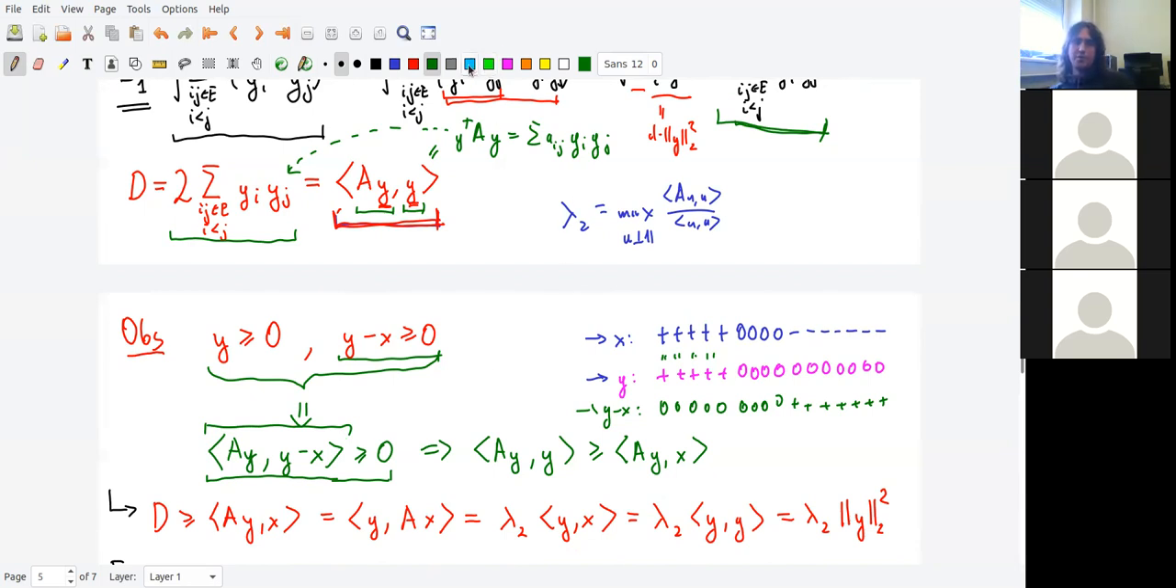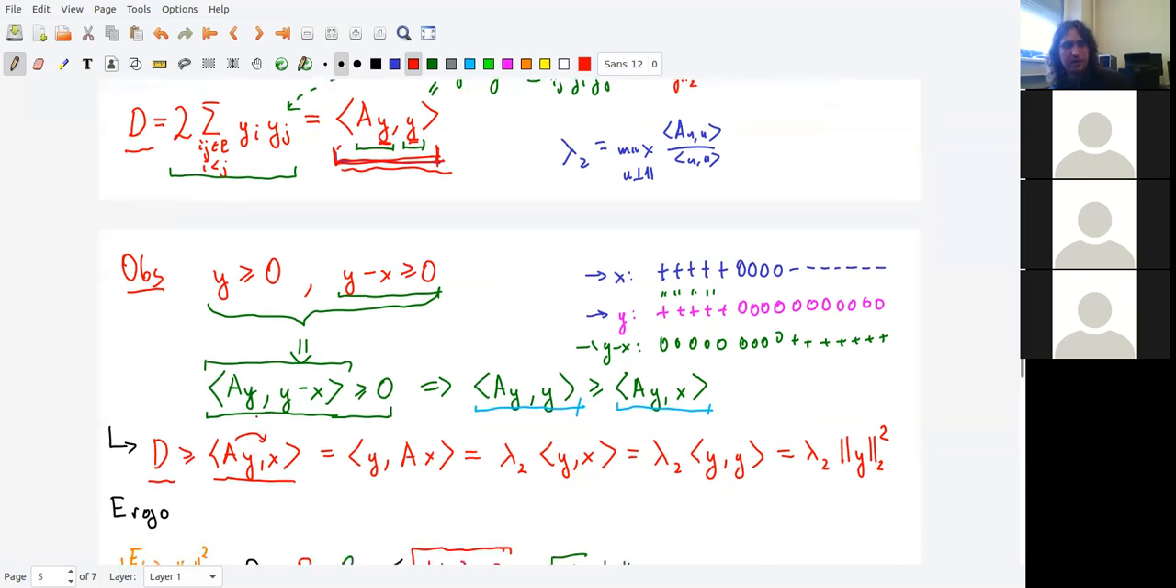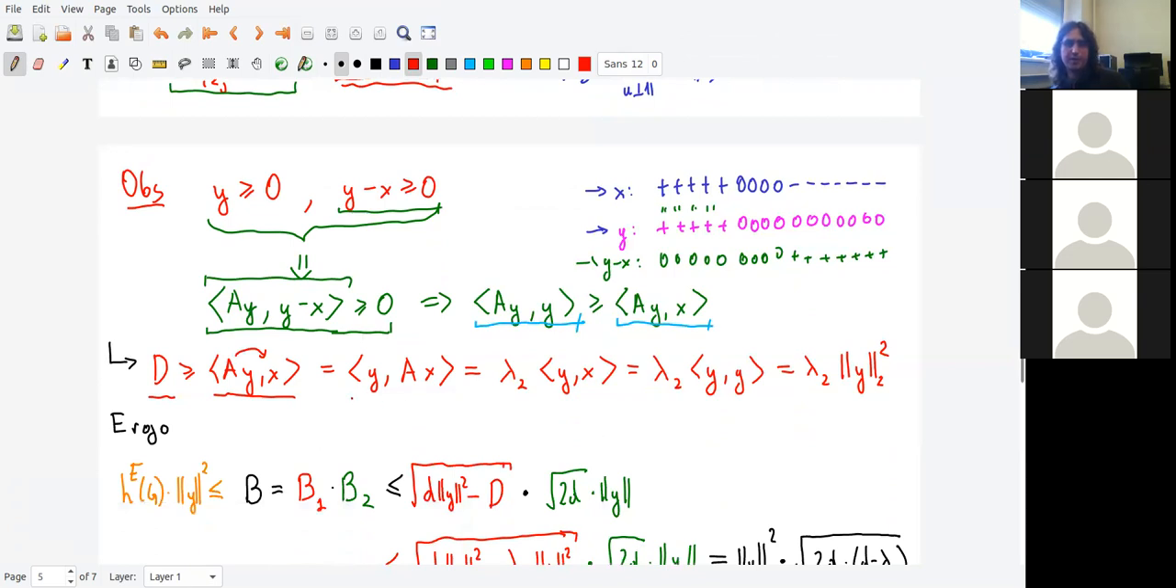So if I now rewrite this using bilinearity, this means that the scalar product of y with Ay is not smaller than the scalar product of Ay with x. So this means that d, equal to this, is at least equal to Ay cross product x. Now I can move this here, because A is a symmetric matrix, and I've got this. And now I apply the fact that actually x was the